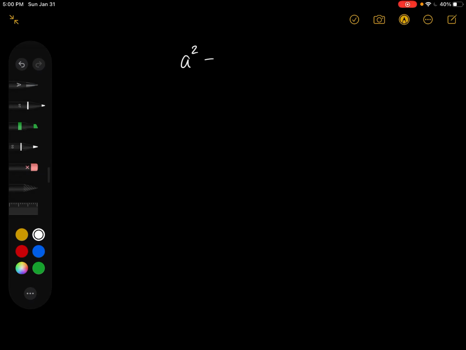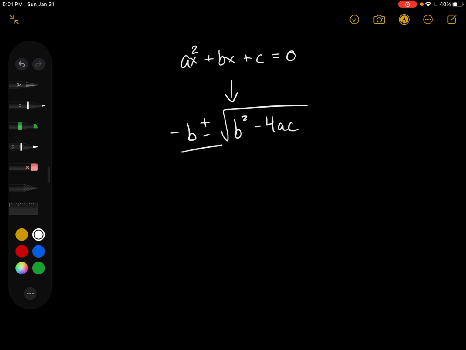All right, so video number 2 is what are we going to do with our a, our b, and our c? So once we get to ax squared plus bx plus c, and we identify what those terms are, where do we go? So quadratic formula: negative b plus or minus the square root of b squared minus 4ac, all over 2a. And if that seems like a lot and it's complicated, we'll write this down in your notes